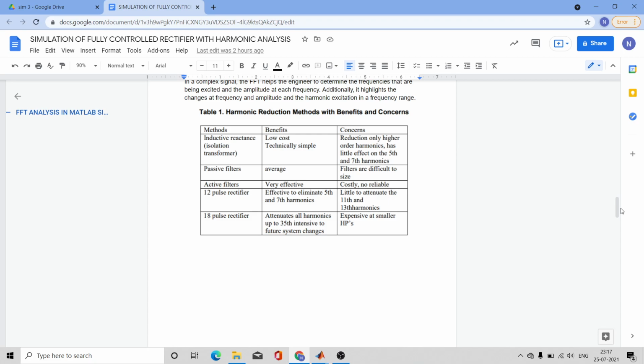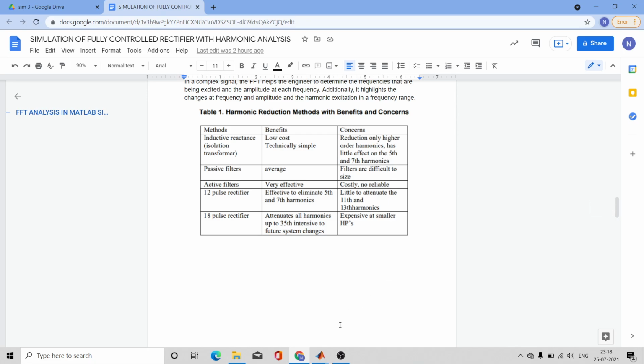You can use multiple pulse rectifiers, you can use harmonic filters, with the help of which you can remove specific harmonics also, selective harmonics, and make the waveform pure again. Your waveform has become impaired due to the intervention of other frequencies, and with the help of filters and multiple pulse rectifiers, you can remove those unwanted frequencies.